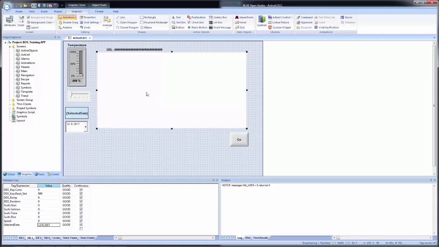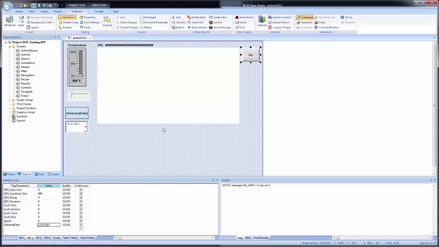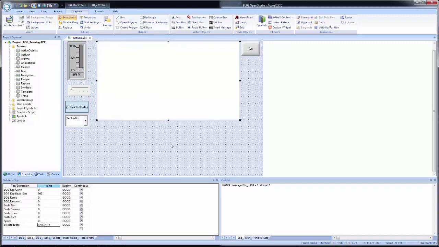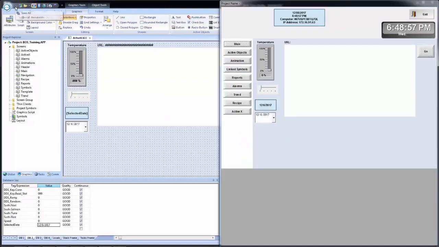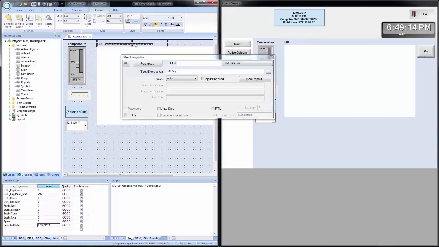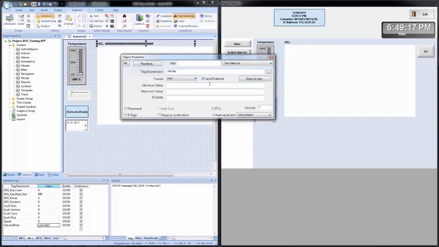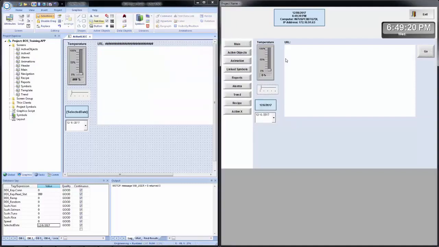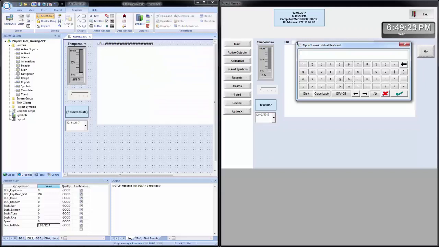I will move this over just a little bit, give it a little more space, shrink it down a tad on the side to put my go button up towards the top, and then bring this out just a hair. Now I'll save. Then when I go into development, snap it back to the left to look at the runtime on the right. I will click on URL, and I can't because I forgot. Come back in here and enable input. I will save once again,